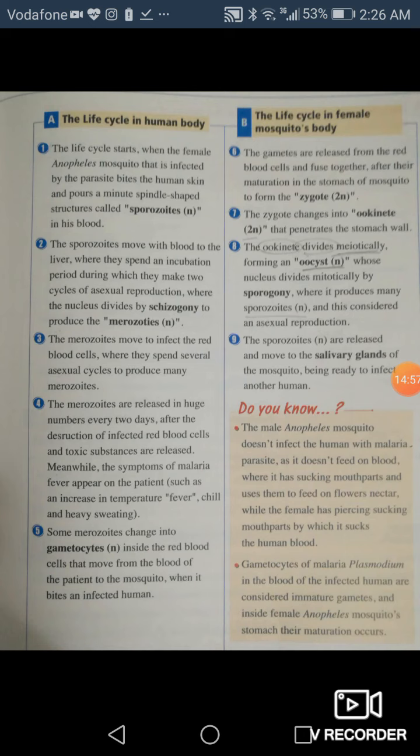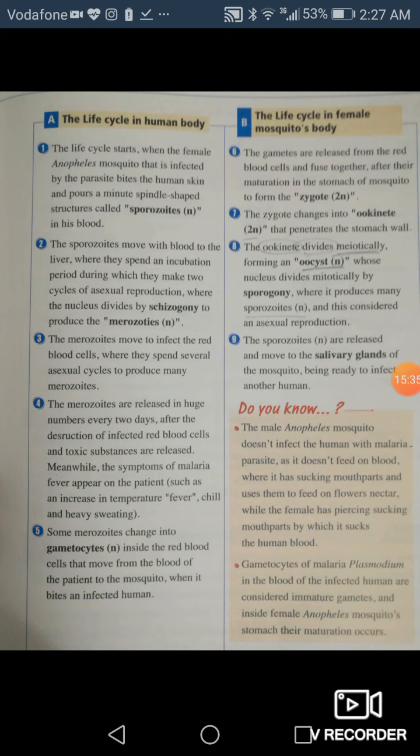If another mosquito comes and bites this man... what if there is no mosquito to bite this man? This man will die, and with him the plasmodium will die. When another mosquito bites this man, the gametocytes transfer into the stomach of this mosquito. Inside the stomach, they feed on the digestive juices, so the gametocytes form gametes. The gametes are of two types, male and female. They mature and fuse together, fertilization, to form the zygote, which has 2N.